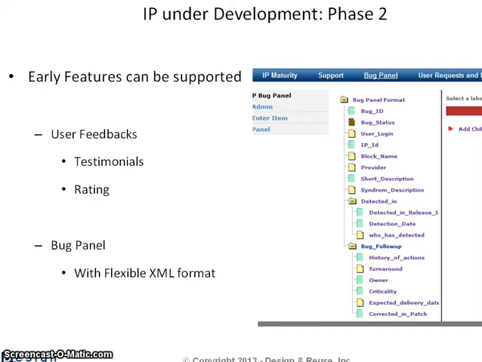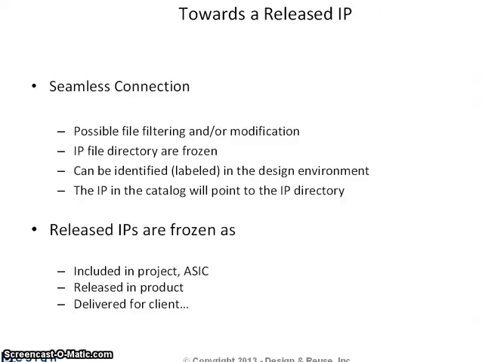Similar to all the techniques used by DNR, the format is always flexible. That means that the company can decide what format it wants for the bug declaration at the state of the development. Overall, the IP and its development already benefit from all the infrastructure provided by DNR catalog technology.